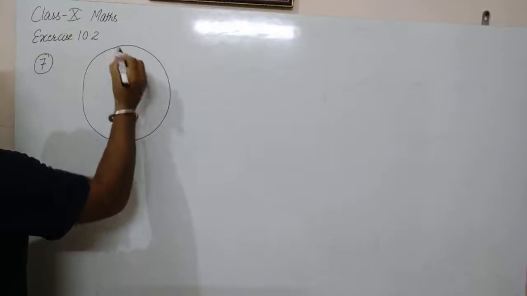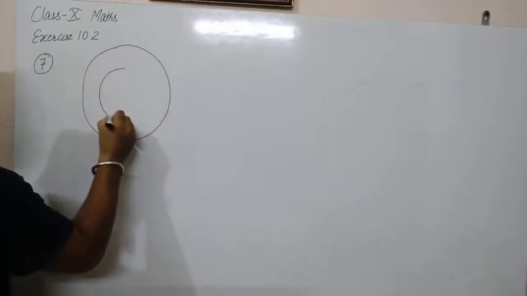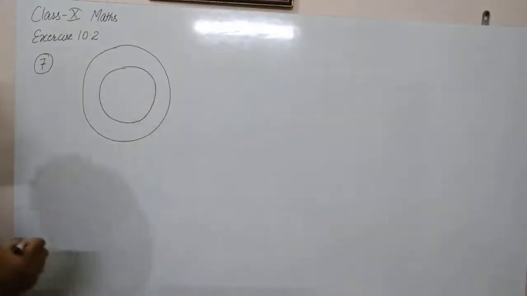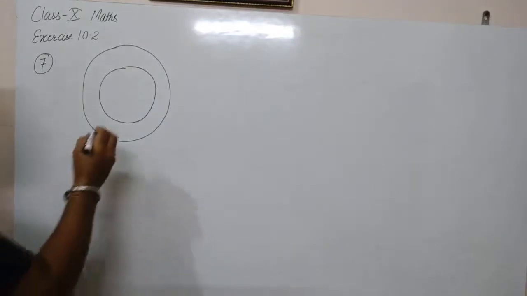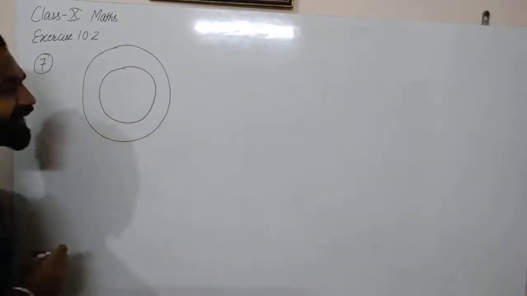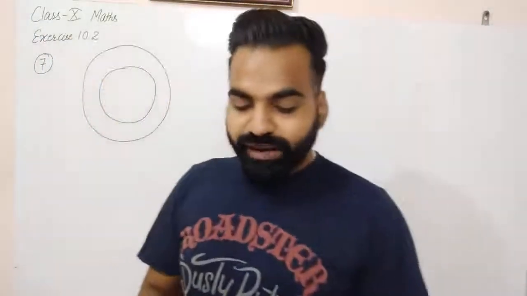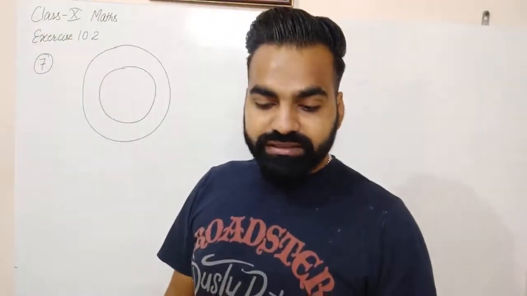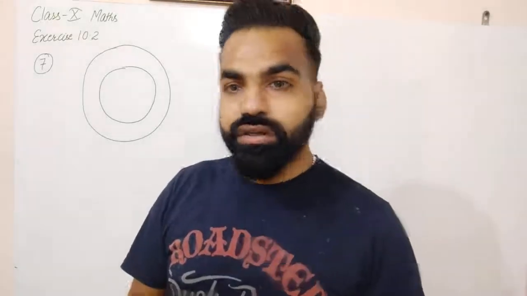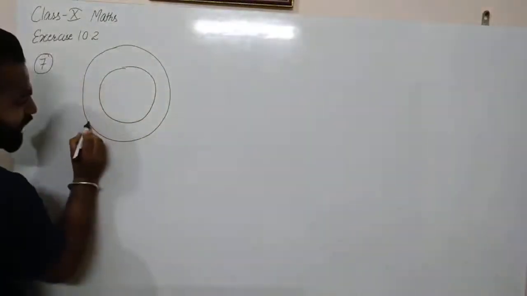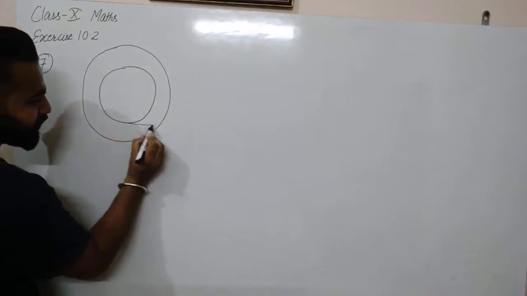Suppose this is the larger circle and this is the smaller circle. The radius of smaller circle is 3 cm and the larger circle is of radius 5 cm. We have to find the length of the chord of the larger circle which touches the smaller circle. The chord of this larger circle, suppose this is the chord here,